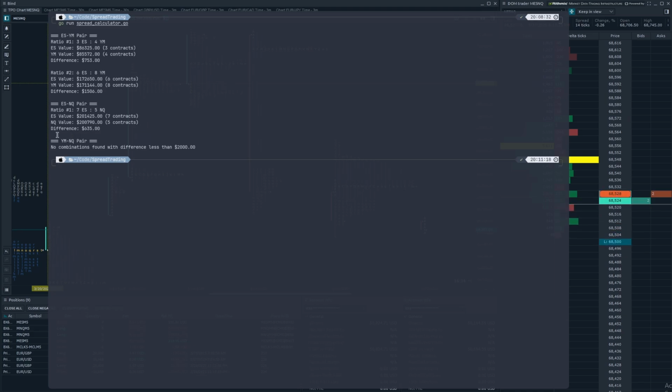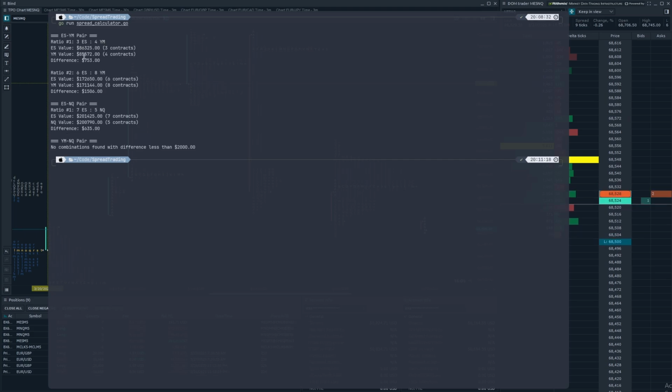Now, granted, you have to be careful because the NQ is the most volatile index there is. If you look at the volatility for the NQ, it's very high. So you have to be careful. And plus, when you're trading that amount of size for the micros, you're pretty close to just trading the minis. So you have to be careful with that.